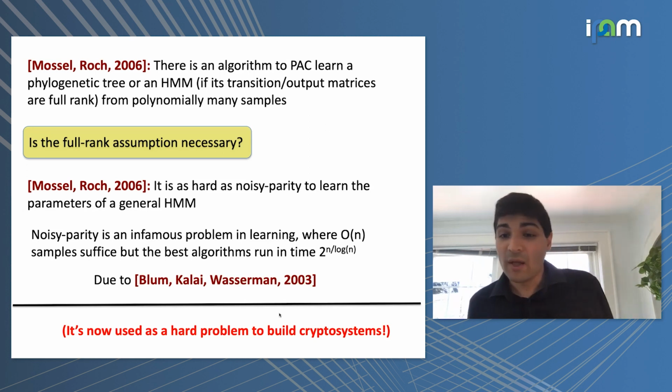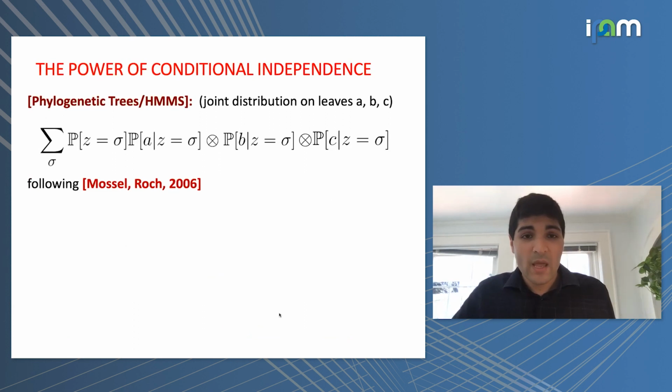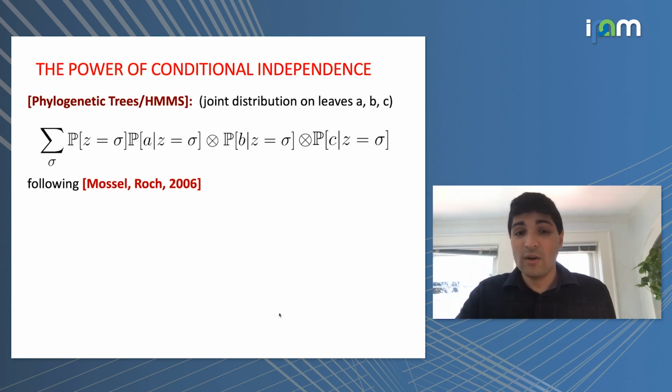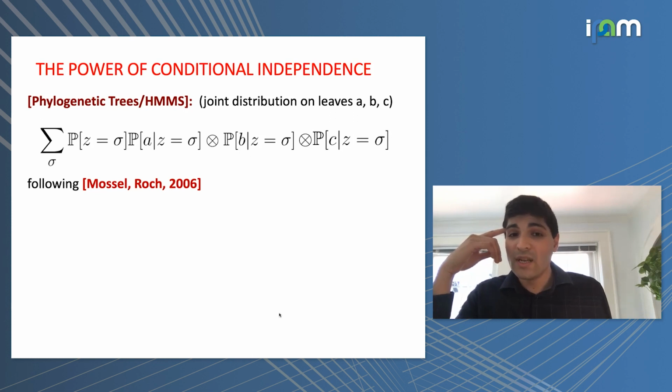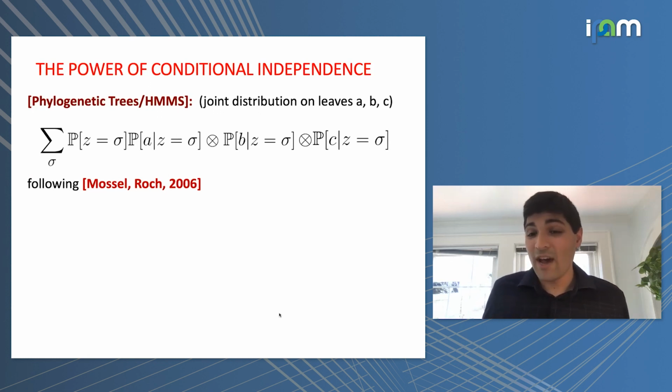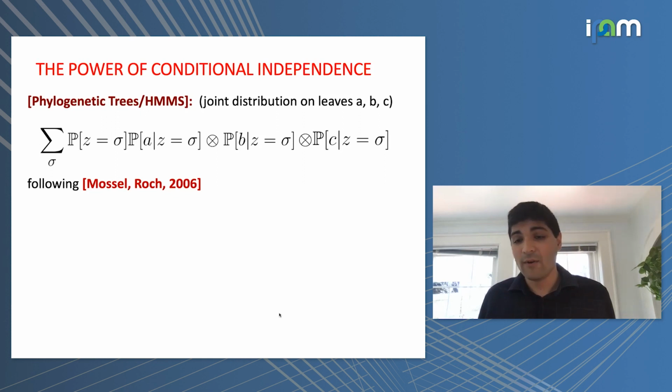So this was the first application that I wanted to explain to you. It was really the way that we used Jennrich's algorithm. We took our statistical model and we found a conditional independence. Now, it was important that it was not a pair of conditionally independent random variables, but a triple. That's what allowed us to use tensor methods, which are unique under much tamer conditions than matrix decompositions. So this type of model is really enabled by the fact that I get 3 conditionally independent random variables. That's the same thing that underlies phylogenetic trees and hidden Markov models.